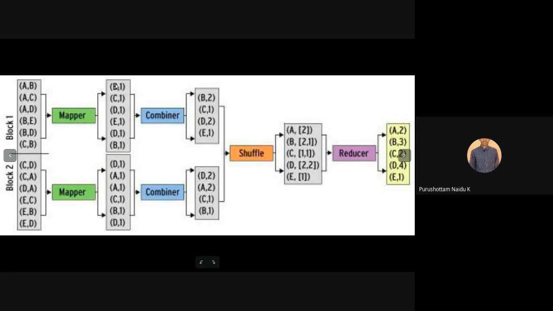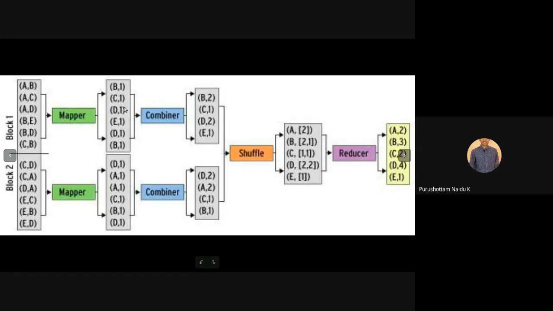Now, this is the mapper. Clear? If you are maintaining the combiner at the mapper, the combiner code is similar to the reducer. What is the output of the reducer? Word and its count. Likewise, if you maintain the combiner at this mapper, it can count the frequency of each and every word. B is how many times? 2.